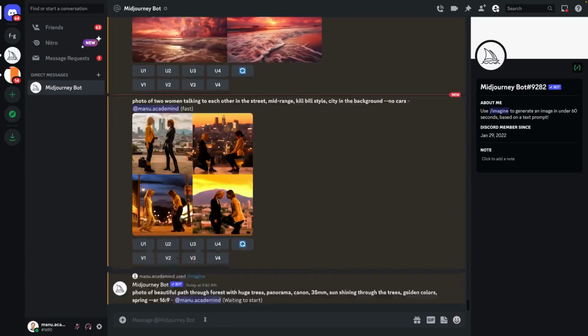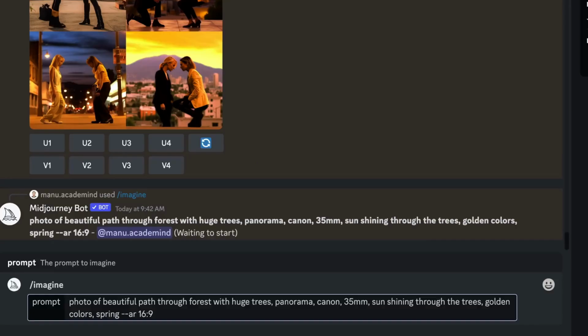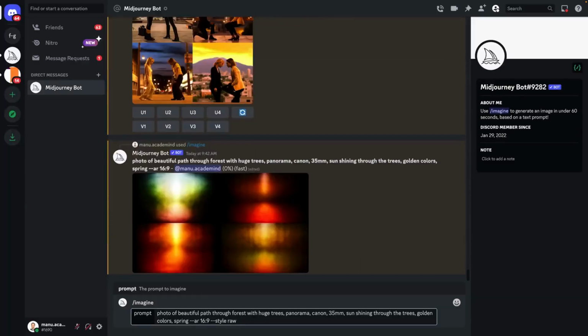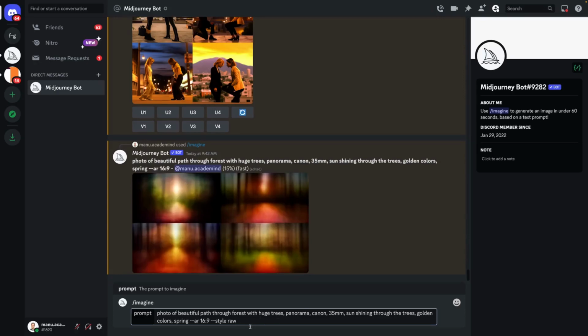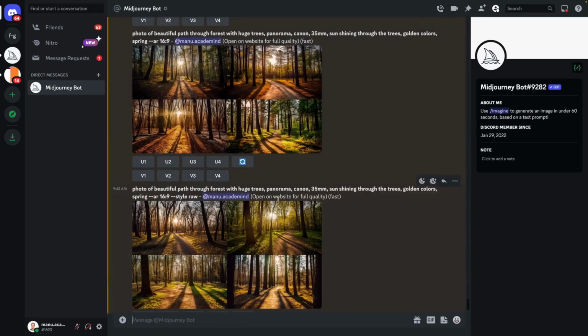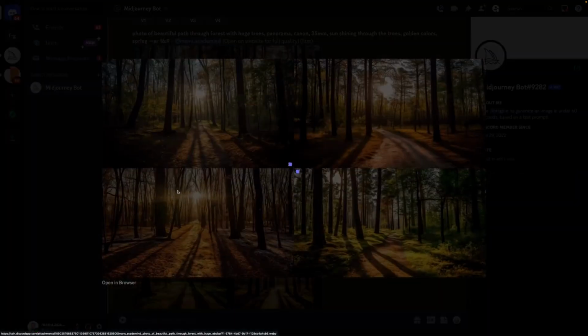And the second prompt will be exactly the same, but I'll also add --style raw now. So the first prompt will create the image with Midjourney 5.1 with the opinionated model and this more artificial model, so to say. The raw model is unopinionated and should be less artificial, less styled or not that overstyled compared to version 5.1. And by comparing the results, we indeed see that both created great looking images of this path